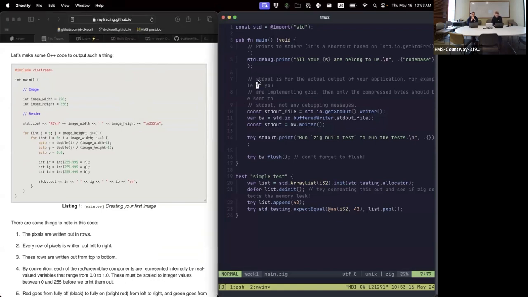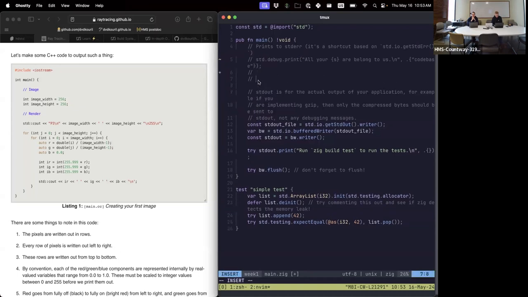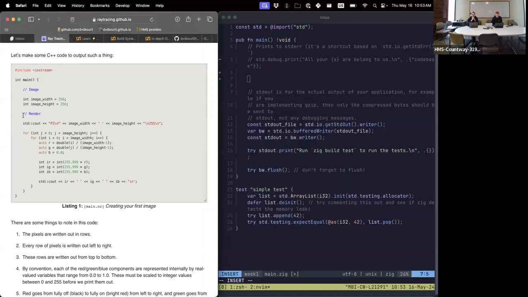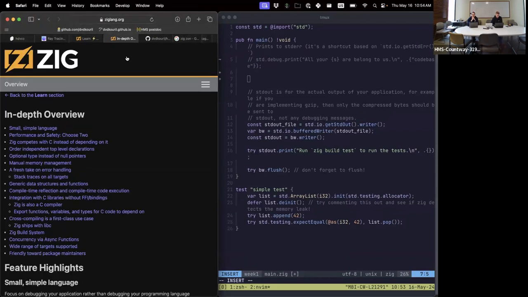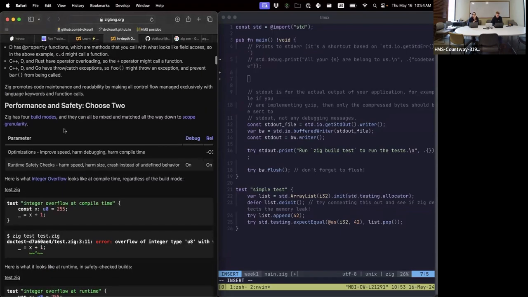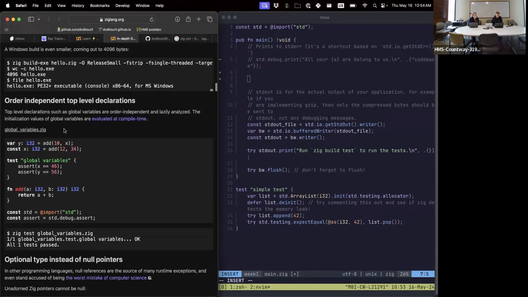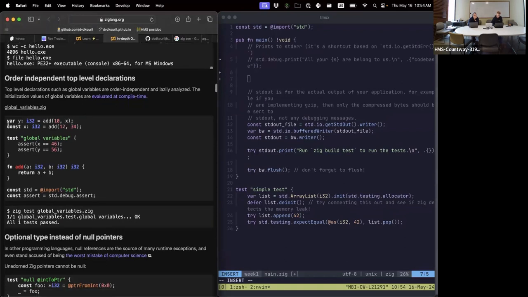I think I would actually just comment out line 5, because I think in the next section of the tutorial it tells us to do something with the debug message. So keeping that around is probably good. Yeah. But let's just create a const like image width and image height around here. Yeah. And the thing is, okay, so I have this open, and then there is a build system. I don't care about it as much. This is sort of an in-depth overview. I just want to see some. Okay, so we have the var and the const